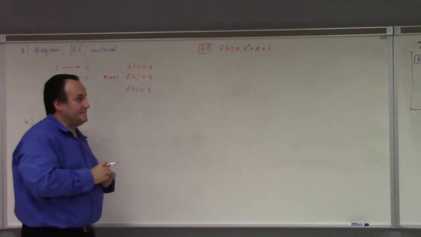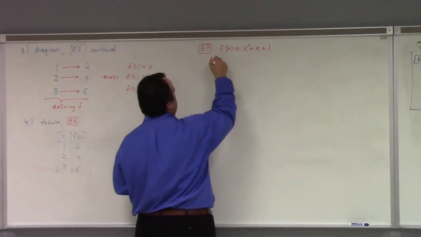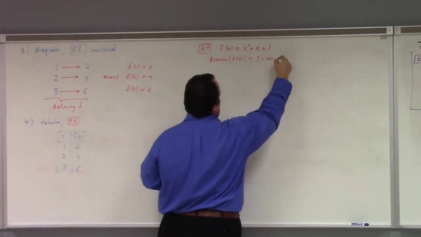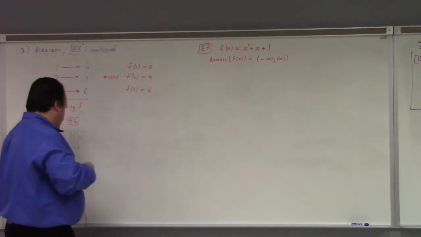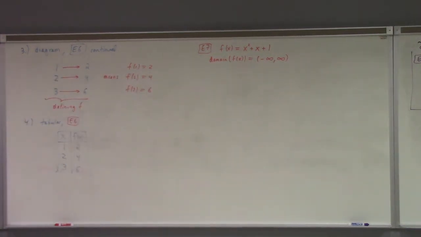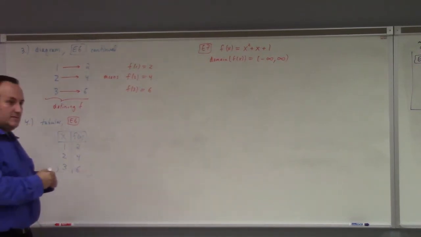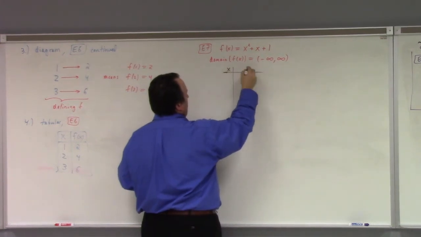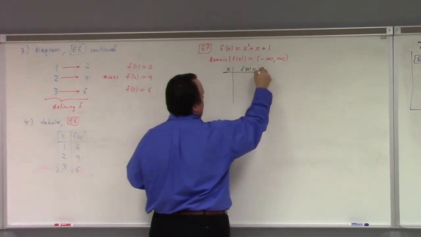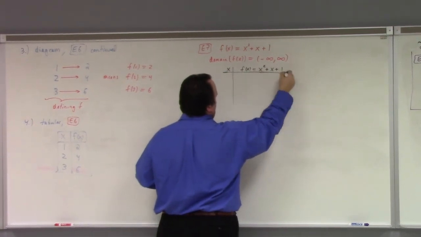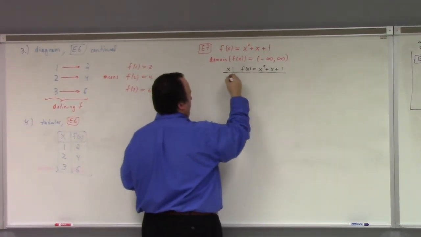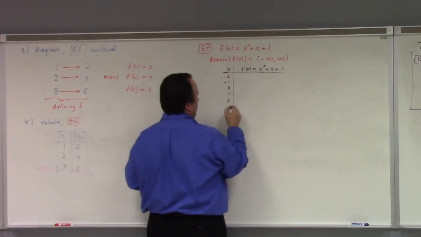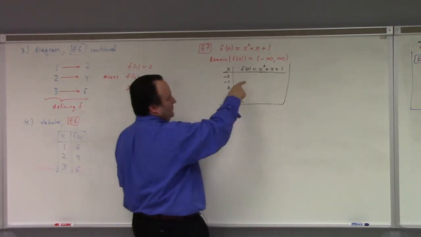The domain of this would be what? All reals, right? Unless we say otherwise. And I could still make a table of values for that. It wouldn't define the function, but it would give me insight into it, yeah? So how about this: x, f of x. And you can put in whatever we want. We can do anything we want. -2, -1, 0, 1, 2, right? And you just plug them in and put them over here.